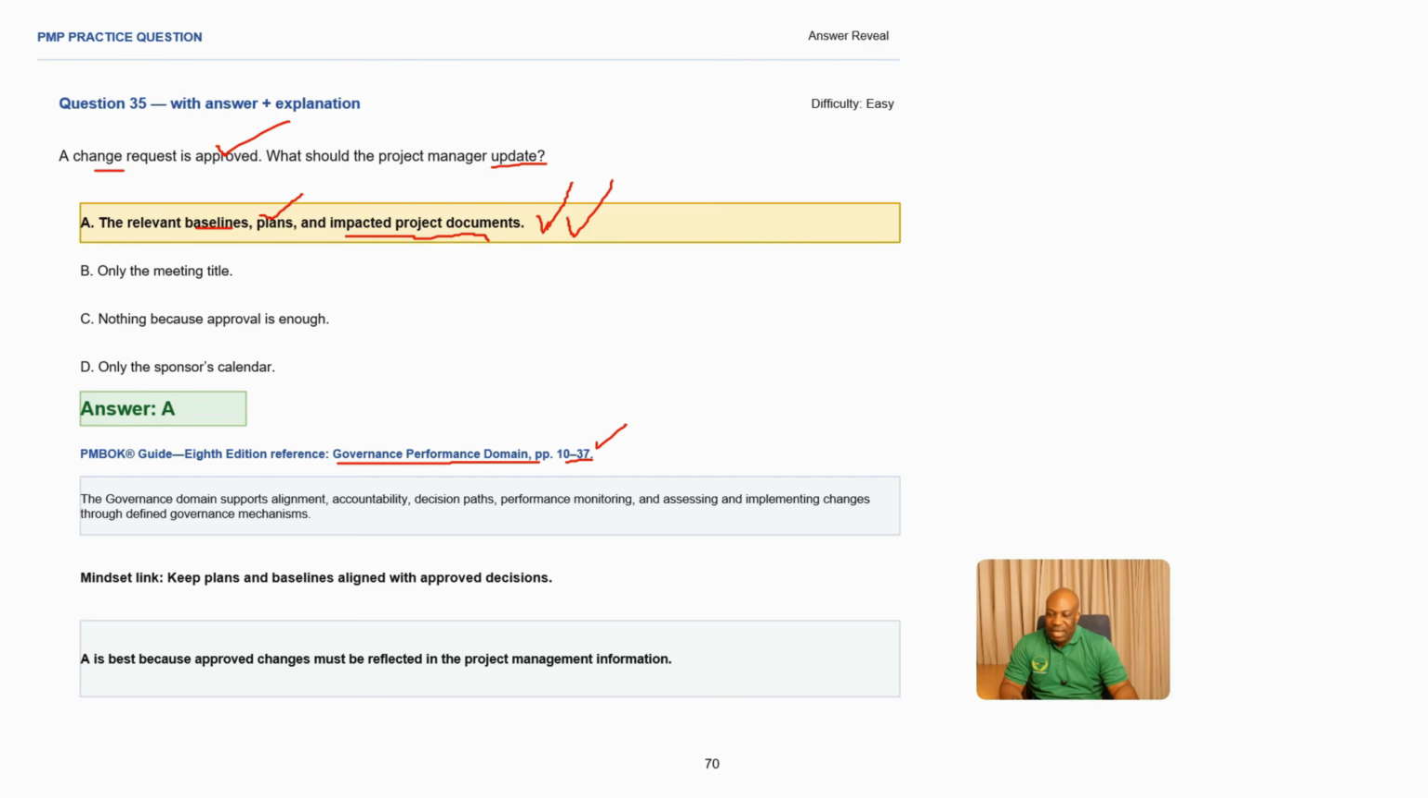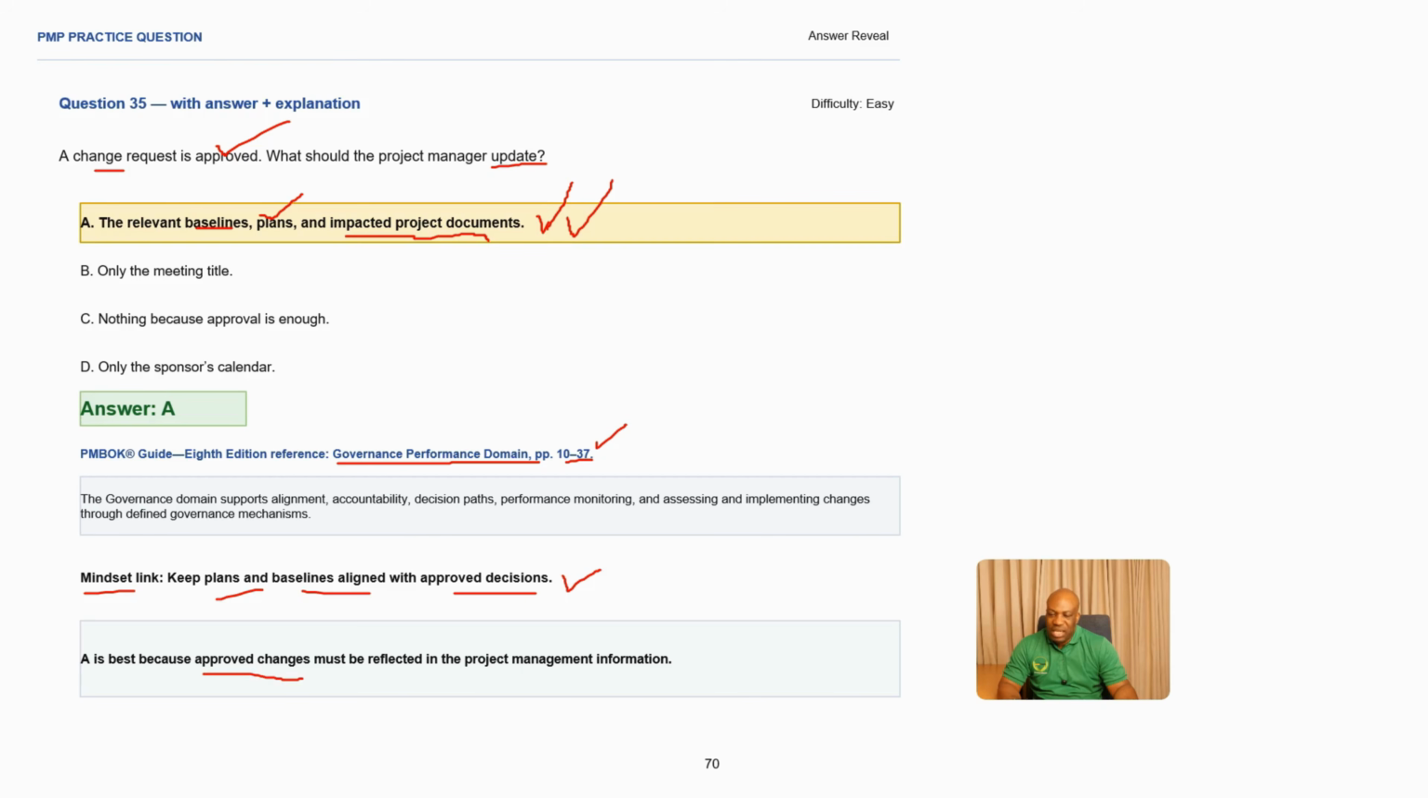All right, and then the applicable mindset in this scenario is you keep the plans and the baselines aligned with the approved decision. So as you go through the project, in most cases, it's unusual to find a project where you don't find any changes. So as the changes are coming in, as the changes are getting approved, if it's a predictive environment, they're approved by the CCB. If it is an agile environment, they're approved by the product owner and reprioritized in the product backlog. So as they come, make sure that the baselines are also being updated, making A the best answer,